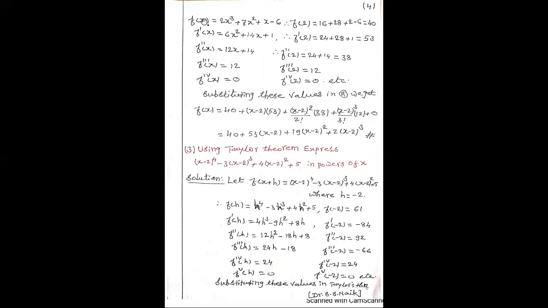Then f of x is known to you. Find f dash of x, that is the derivative of this. So this becomes 3 into 2 is 6x square, then 2 into 7 is 14x. The derivative of x is 1. The derivative of minus 6 is equal to 0, as that is a constant value. Then again put x is equal to 2. 2 square into 6 is 4 into 6, which is 24. Then 14 into 2 is 28, and plus 1. Now this is equal to 53.